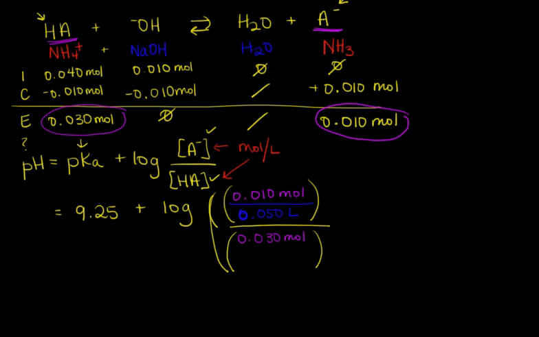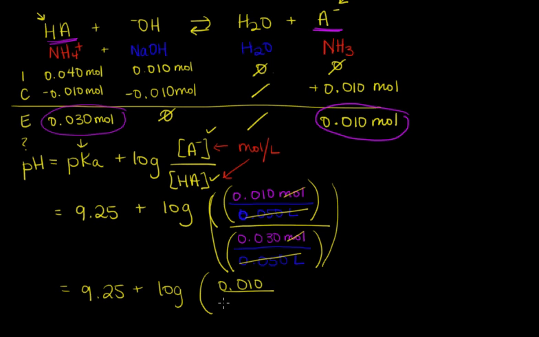We took 10 mils plus 40 mils, we ended up with 50 mils, or 0.050 liters. And what you will notice, to make your life easier, these cancel. Moles cancel. So you end up with 9.25 plus the log 0.010 over